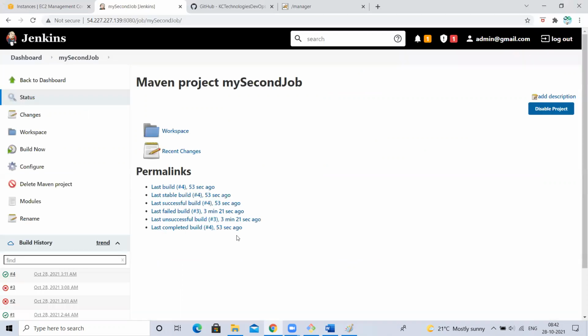Is it clear, guys, how we are deploying? As I am giving the IP address for the Tomcat, IP address of my Tomcat machine, my Jenkins and Tomcat need not be on the same machine. They both can be on different machines also, because my Jenkins will connect to Tomcat using IP address and port number. Is it clear?